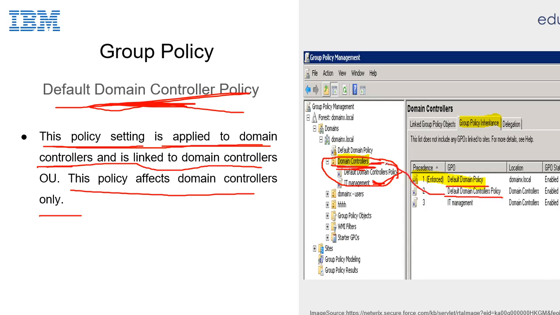This is only for domain controllers, and it can be applicable for this IT management also. You can see these two are in the location of domain controllers, but the default domain policy is the central domain one.